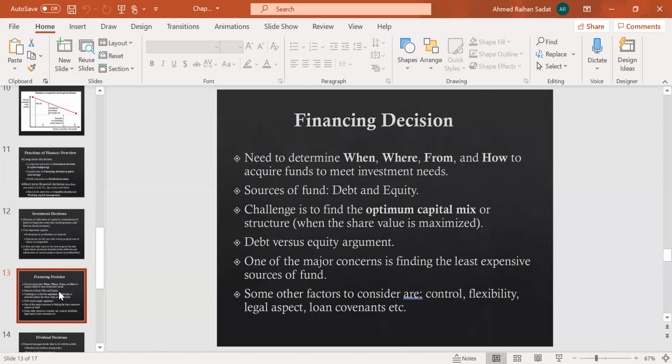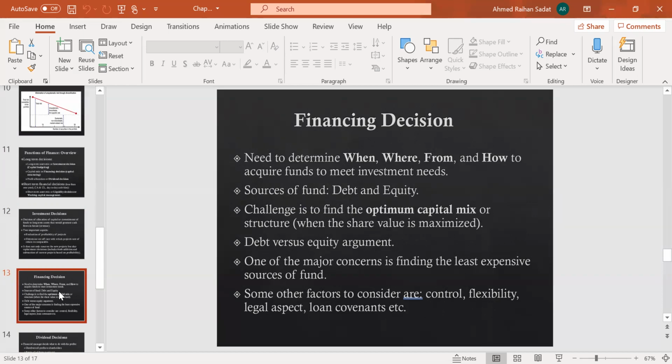On the other hand, equity is just the opposite. When I'm investing in equity, I am taking a fair share of the profit as well as the loss, which means I will ask for more return because I am exposed to more risk. I might not get my money back. I might not get my dividend this year. And as per the rule, if I'm taking more risk, I'm going to expect more return. So my expected return, which from your perspective is the cost of capital, will be high. So that's from the cost perspective.